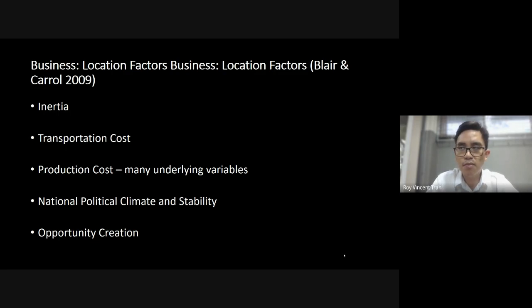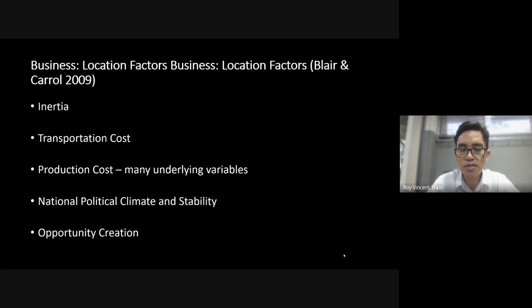So this causes a big problem for what they call low activity or poor communities. How do they attract businesses when businesses themselves don't want to move? So it's a good idea to see what kind of factors we can consider to attract businesses in our developing barangays, towns, cities, or even provinces.